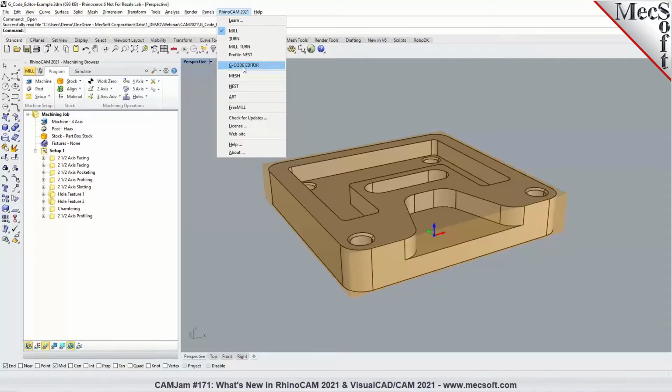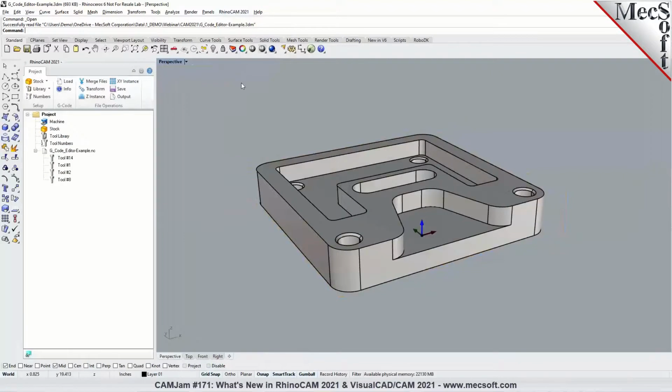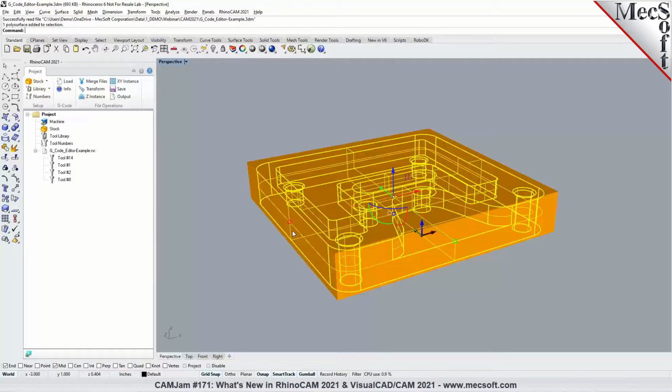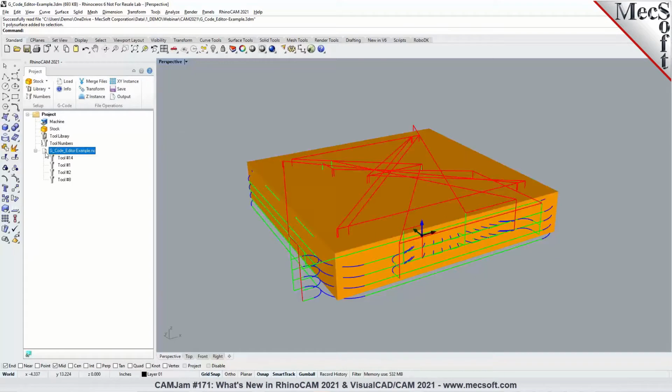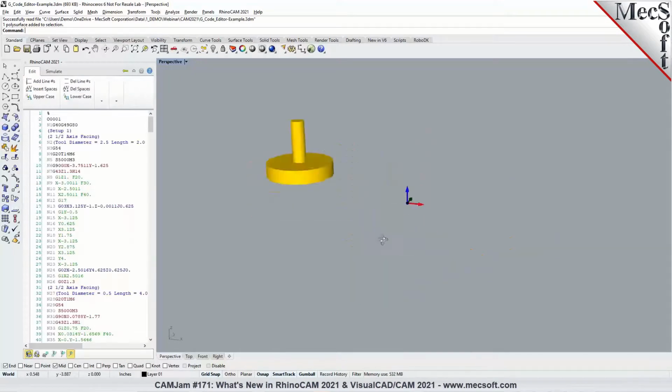With the G-code editor module, we have had numerous enhancements. Number one is you have the ability to define different stock types in here, not just limited to part box stock. You can also do a stock from selection, where you can import your own solid surface or a closed mesh geometry, and then you can highlight it and define stock from selection. And we've also introduced the ability to hide or show toolpaths as you're doing a simulation